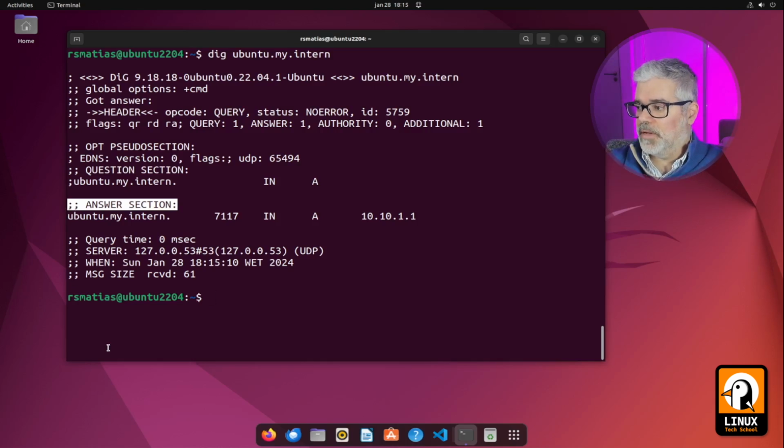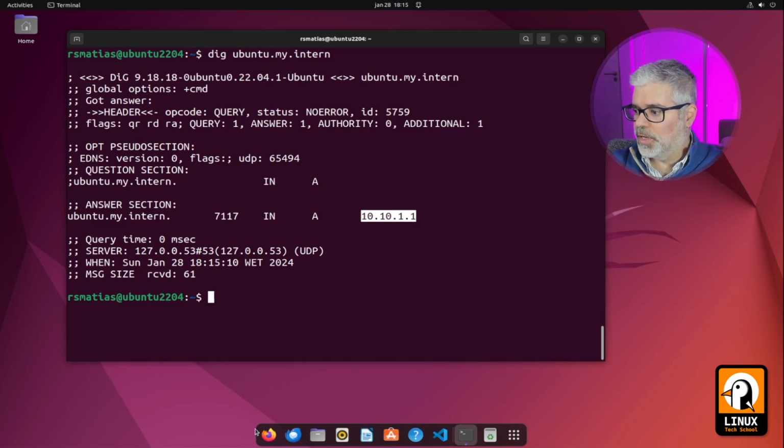DNS traffic was not passing through the firewall, and that was the reason. It's a clean installation, that's why. So for the same resolution, ubuntu.my.intern, you can see that now we have an answer. IP address is